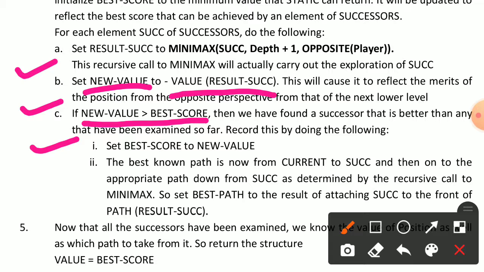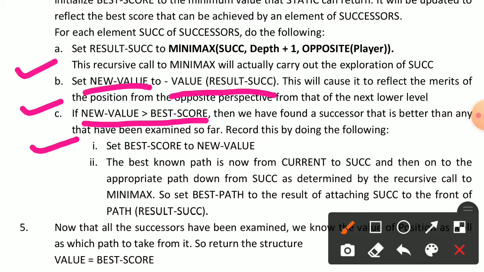The best known path is now from current to successor, and then on to the appropriate path down from successor as determined by the recursive call to minimax.